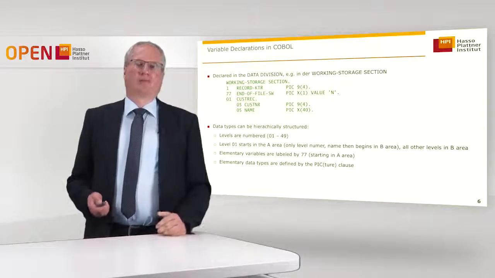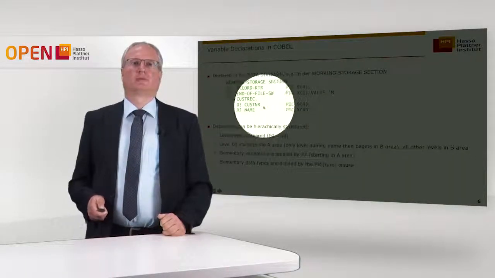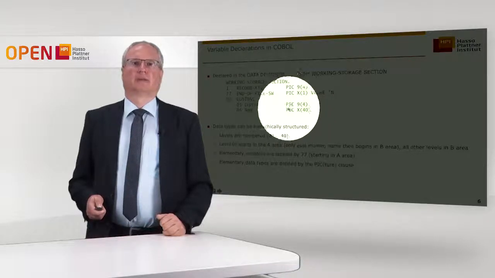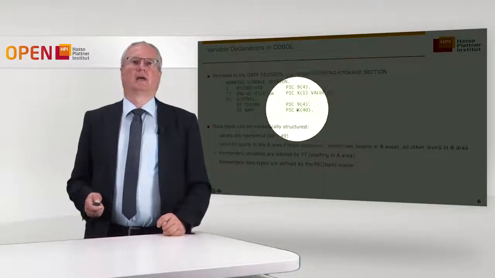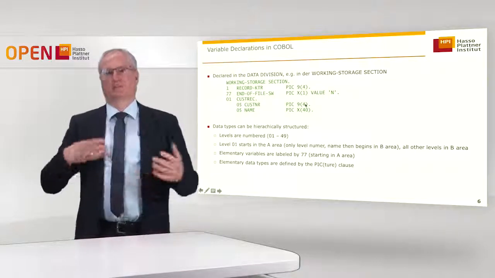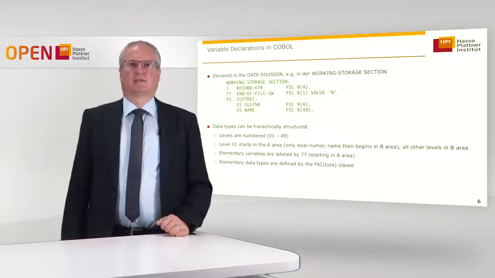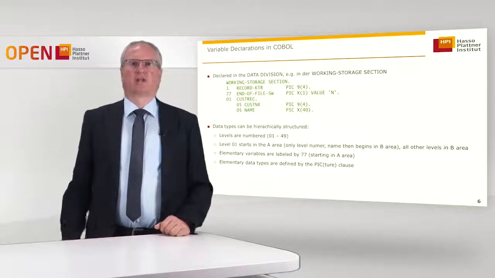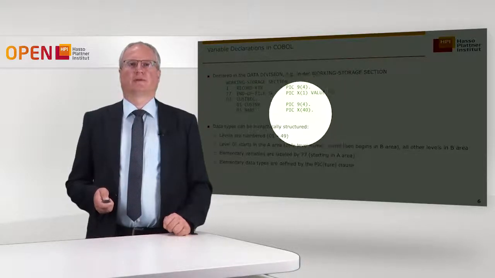Important is also how the variable is declared. So cust_rec is a structure, but then inside the structure we have two elementary variables, and they are declared, like all variables, with the so-called pic clause, the picture clause. The picture clause specifies the data type. So this is the name of the variable, this is the picture clause specifying the data type. And the data type is specified not like int or double or something, but it's specified in a picture way. So you basically describe how the field should actually look like. And you see, for example, this is a field that has 4 digits, and the one with the X is 40 characters, for example.